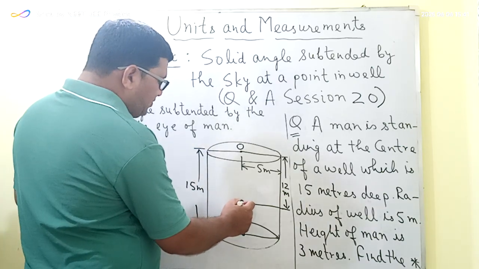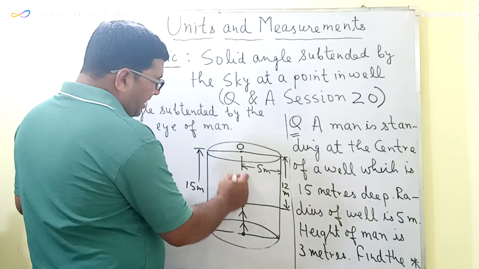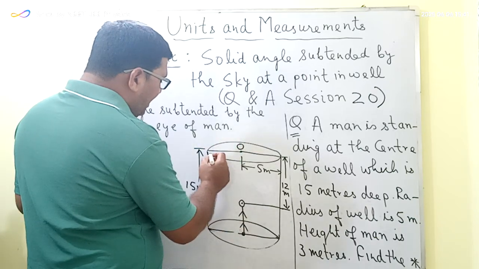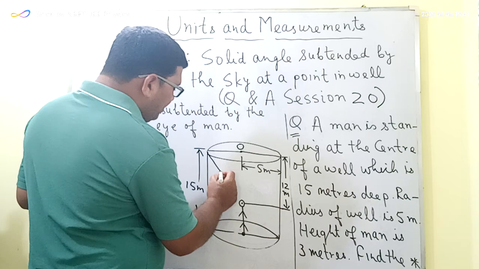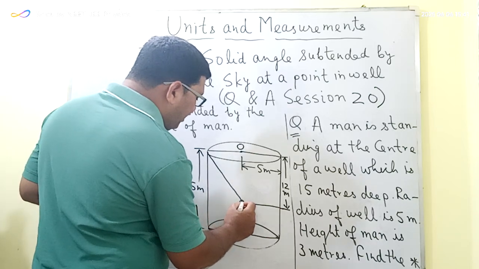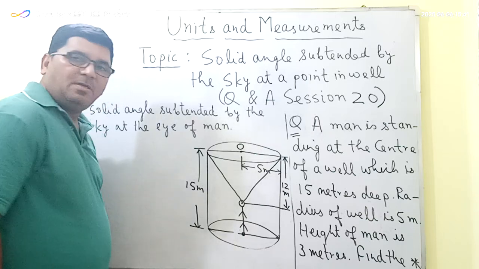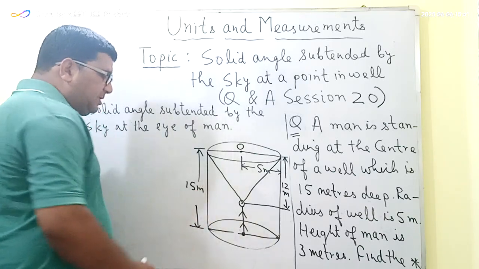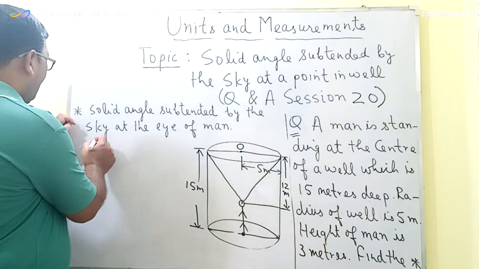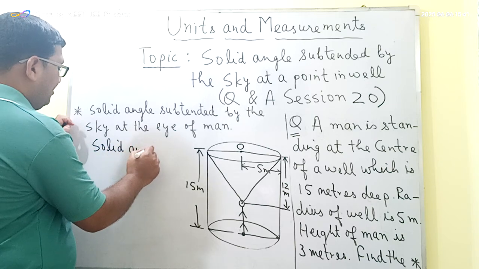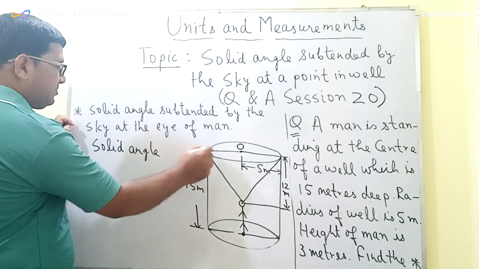The amount of space enclosed by this top surface of the well at the eye of the man will be in the form of a cone, like this. So in this question we have to find the solid angle subtended by this cone